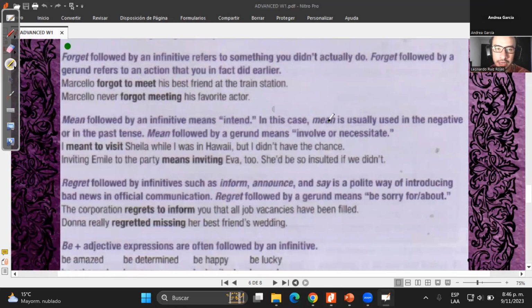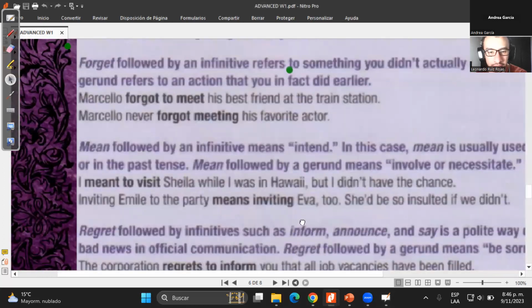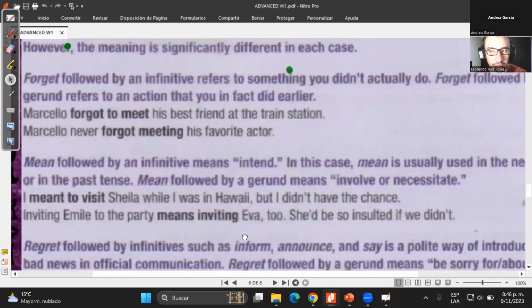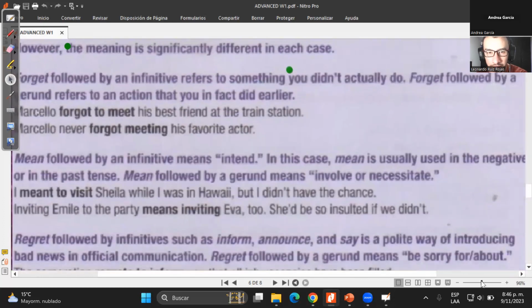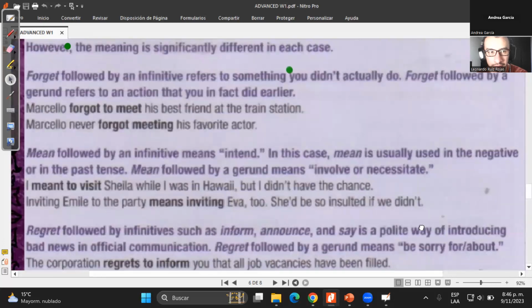Read the purple part, my dear. The example. No, the purple part first and then the example. First, the purple part. I can see very well the Mm. first part. Forget followed by an infinitive and Should I make it bigger like this? yes. Yes. Okay, there you go. Uh, uh, Aye, that's it. yes.